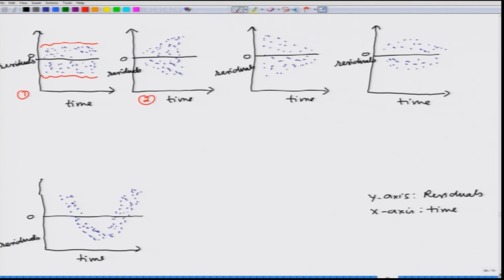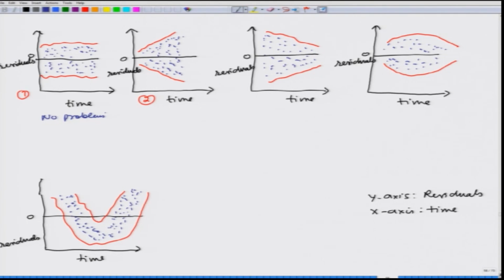In figure number 2, we can see that, as in the earlier picture, all the points can be contained in a sort of outward opening funnel, and in this case all the points can be contained in an inward opening funnel. In this case all the points can be contained in a double bow shape, and in this case all the points can be contained in a non-linear band. Right. So, similar to the conclusion that we had drawn in case 2, we can draw the same conclusion here. For example, here I would say that there is no problem,